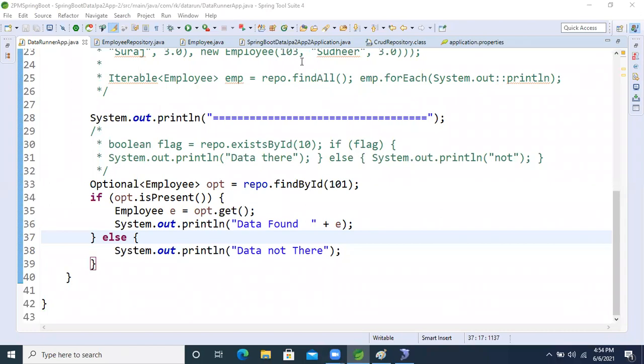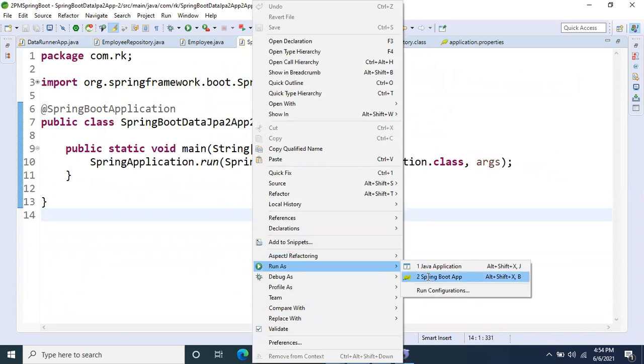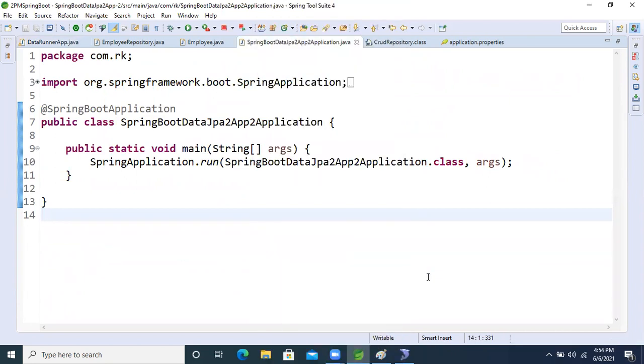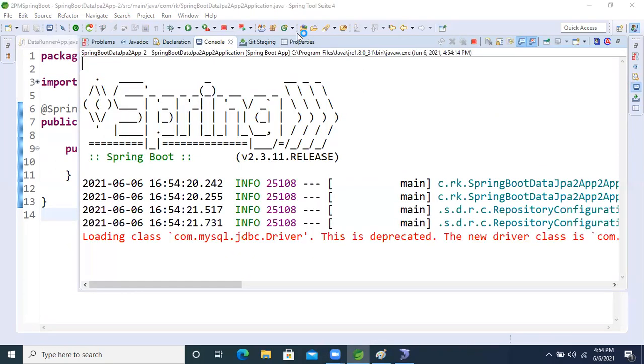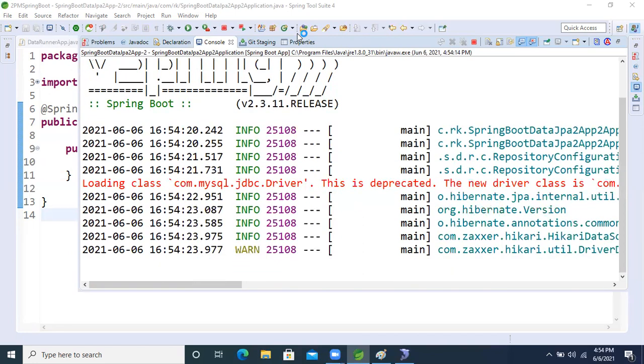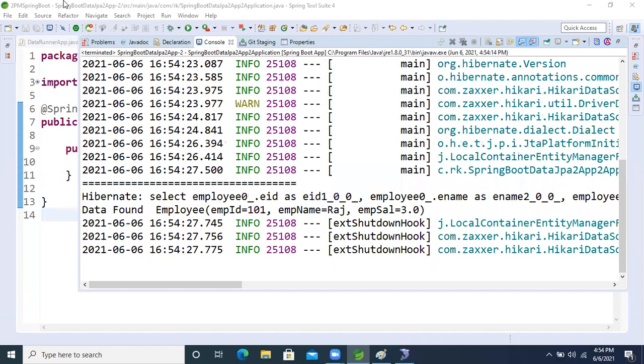Okay, so now I'm running this application. Let's run the application and we will see. See this, are we getting that record or not, guys?